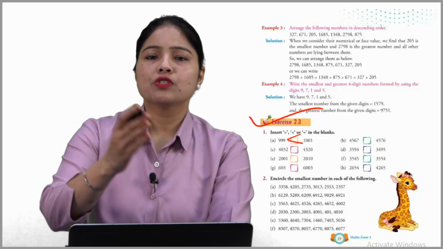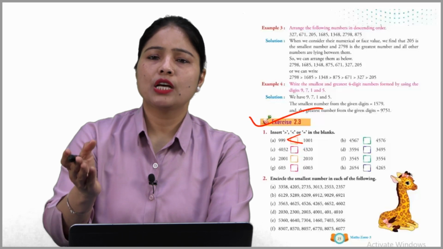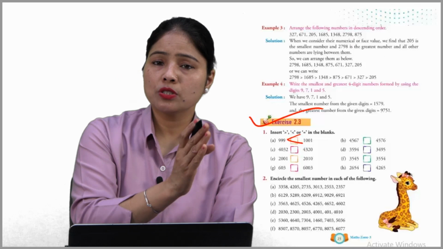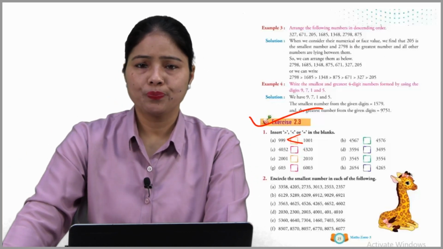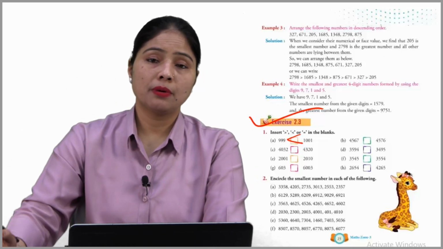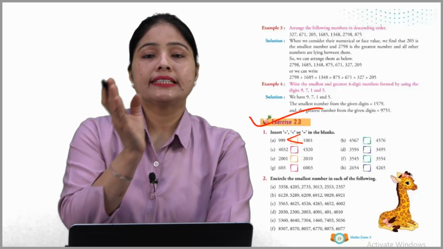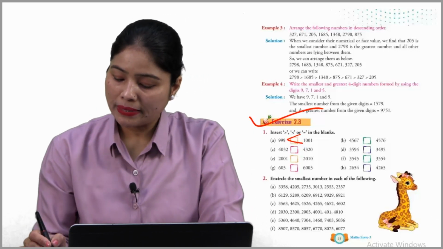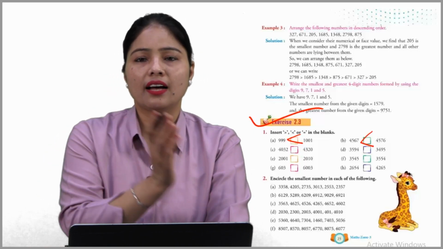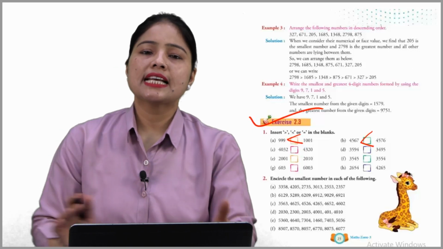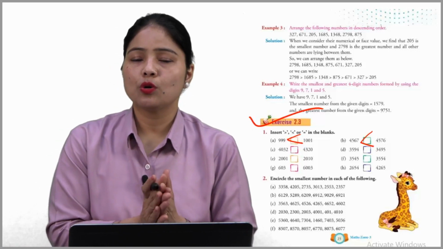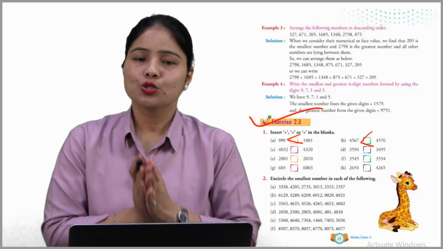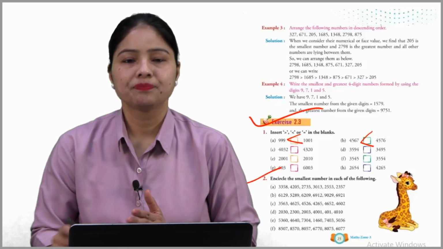Next one, 4567 and 4576. So here you can see that the 1000 place has the same number, 4, 100 की प्लेस में 5 सेम नंबर है. Now you have to compare the tens digit place. So 7 is bigger than 6. So completely this number is bigger than the other number. Okay बच्चों, so these are the concepts. With this you have to find out which number is bigger or which number is smaller. I hope you understood. So move on, question number 2.